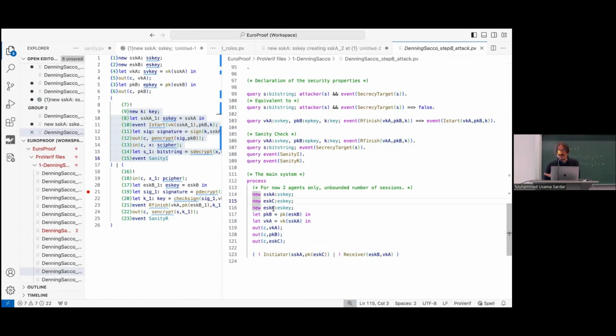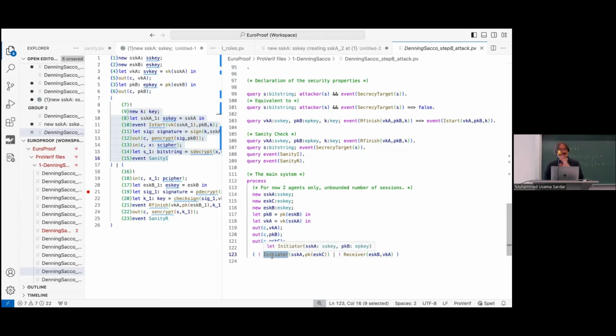One way of making the attacker participate: I'm going to create a new key, let's say for an agent C, and instead of outputting the public part of the key, I'm outputting the secret key. So you're basically giving the attacker a fresh key, and you're telling the initiator,